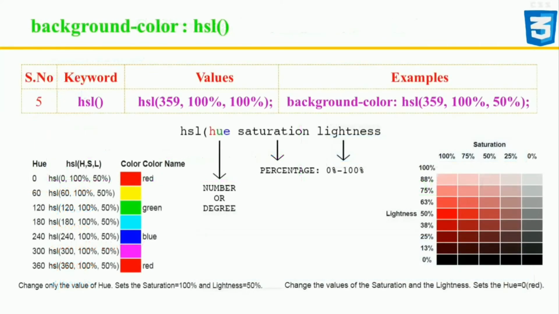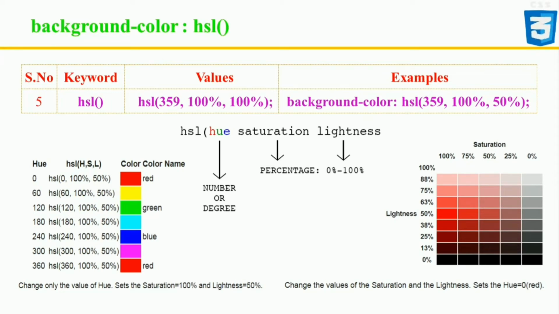HSL stands for hue, saturation, lightness. HSL is a hue-based representation of the RGB color space of computer graphics. HSL functional notation expresses a given color according to its hue, saturation and lightness components. The HSL color model is used in numerical color specifications. The advantage of HSL over RGB is that it is easy to use and you can guess at the colors you want and then tweak. It is also easier to create sets of matching colors by keeping the hue the same and varying the lightness and